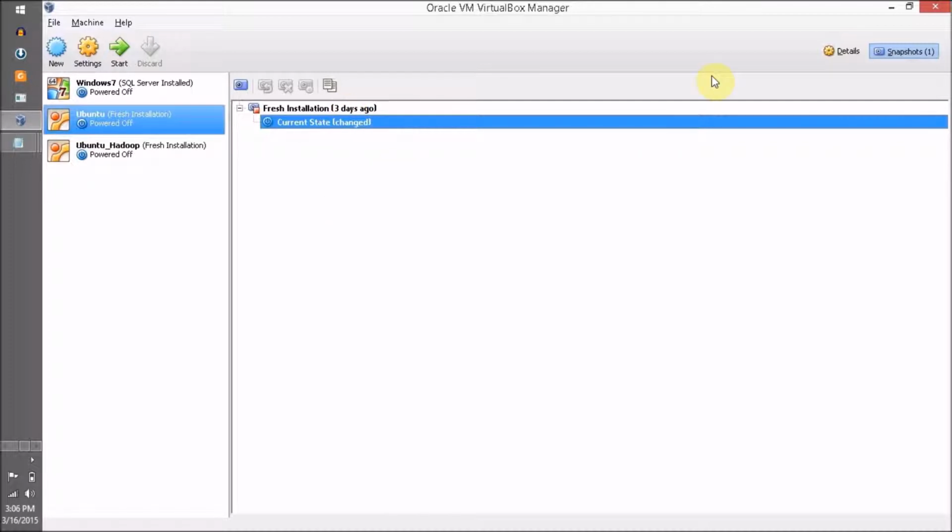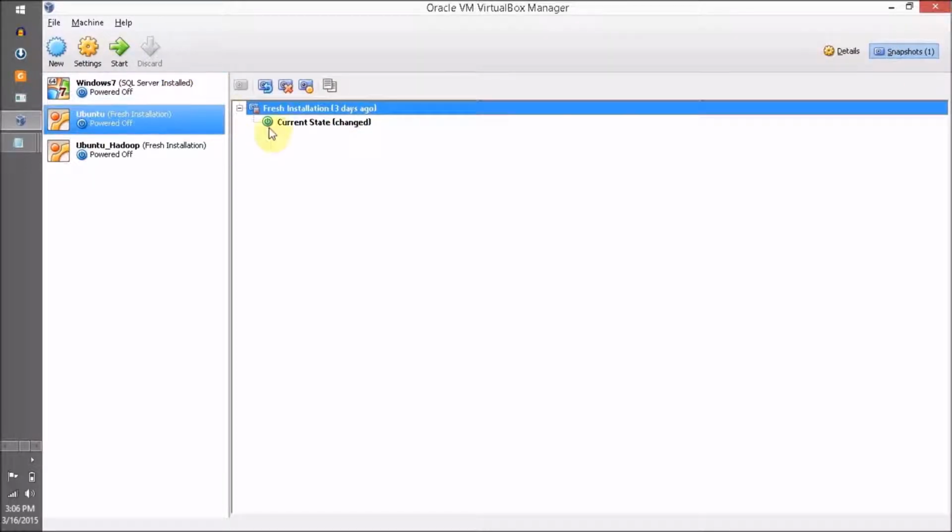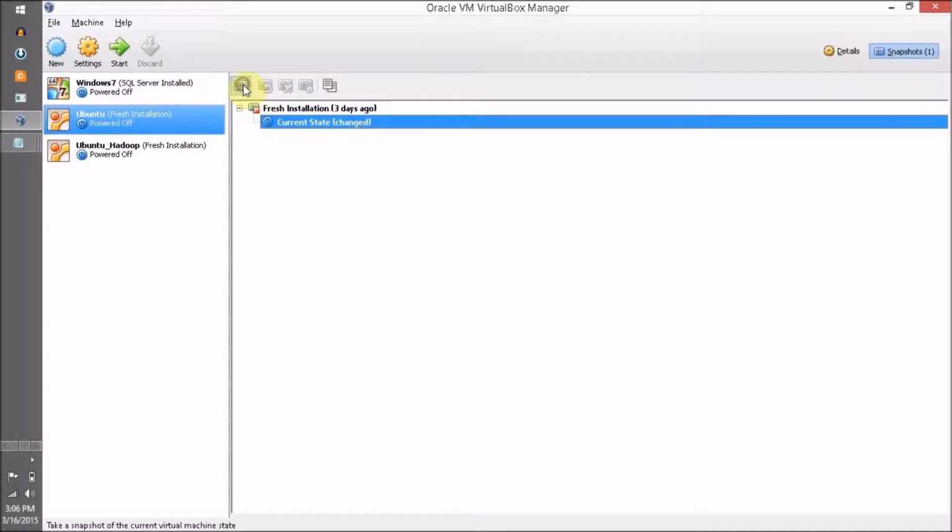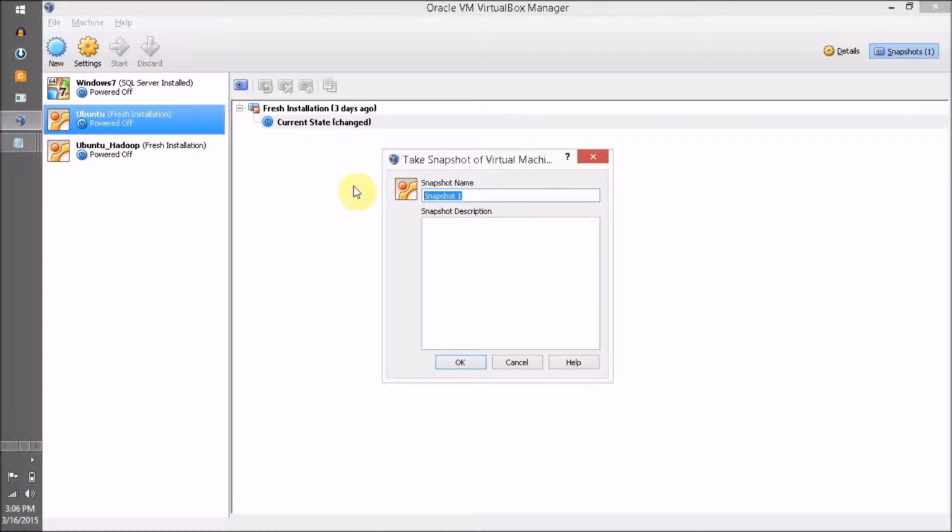in which my guest edition is installed, and I want to show you the final installation of Ubuntu. I created the second part today. So now I want to create a snapshot of this. So select current state, click on this, and I want to give it the name fresh installation underscore 2 guest edition installed,